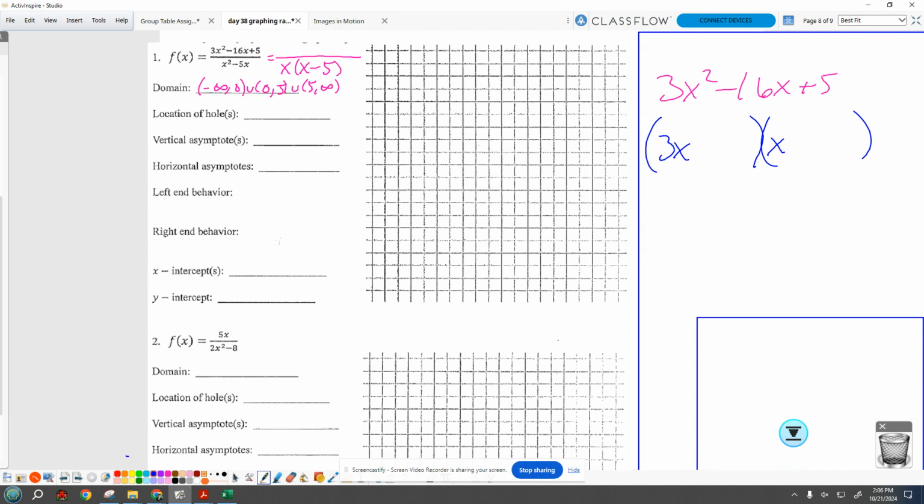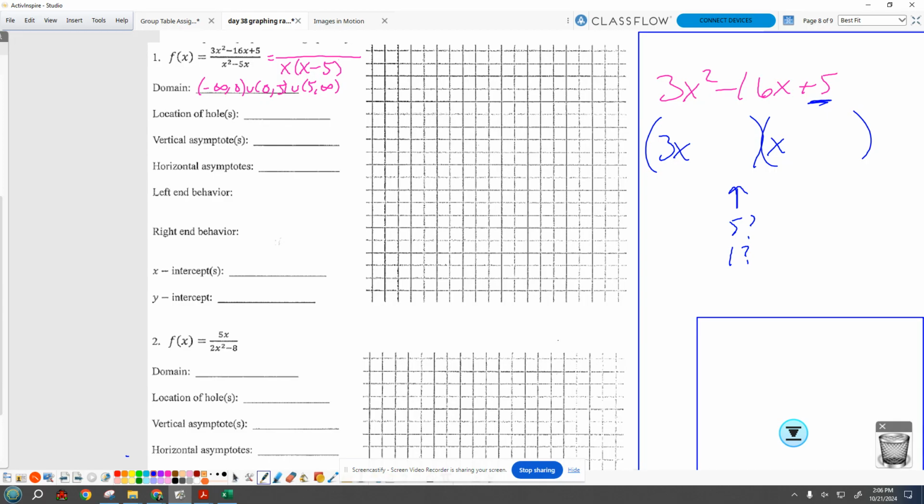What two nice numbers multiply to be 3x squared? Probably the 3x and the 1x. Yeah. Okay, cool. Then I look at the last thing, and I have to think about factors of that. It's prime, so it's 5 and 1. So I have to think about where that can fit in. I know that 3 times 5 is 15, and then plus another 1 is going to be 16. But it's negative, so.